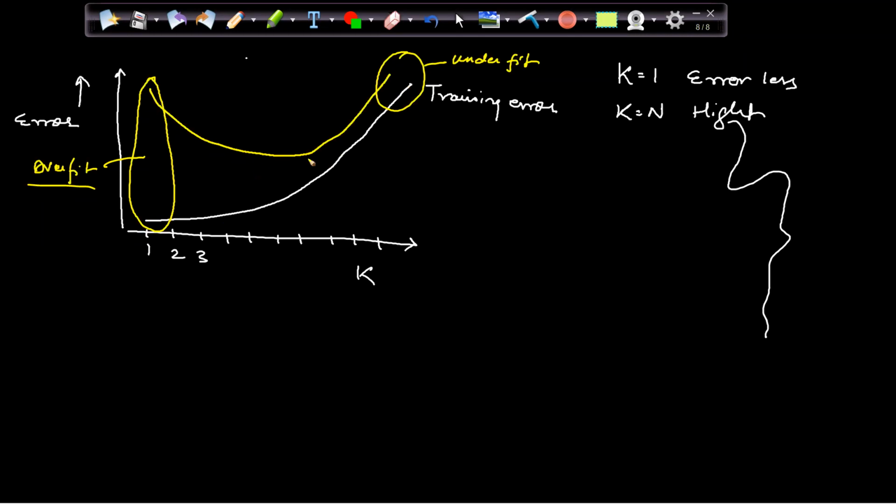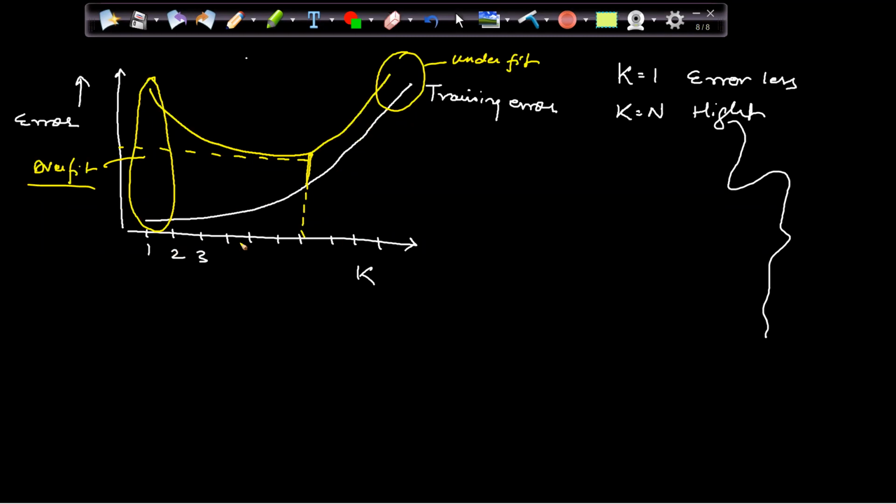I am looking for where it is merging. Let's say it's merging here. Here it is merging, right? Where the training error is not very high, and also validation error is also not very high, right? The lowest point, basically. This is the lowest point. And this is my best K. At this point, I will not be having the overfitting or underfitting.